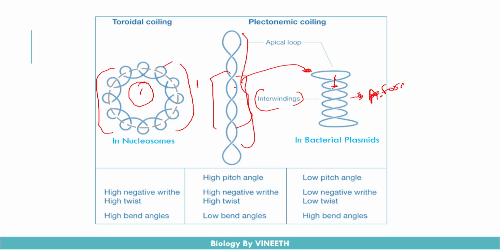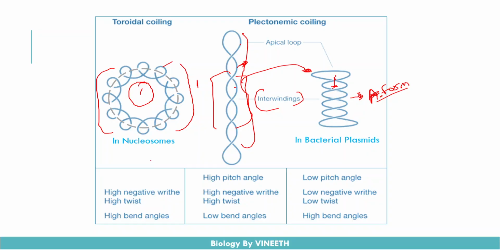Okay, so this actually represents the A form DNA. This is the normal, relaxed DNA. Whenever you try to interwind the DNA, it undergoes plectonemic supercoiling, and that is mainly seen in the case of bacterial plasmids. Okay, and if you look at the properties of this toroidal supercoiling and the plectonemic or bacterial supercoiling,